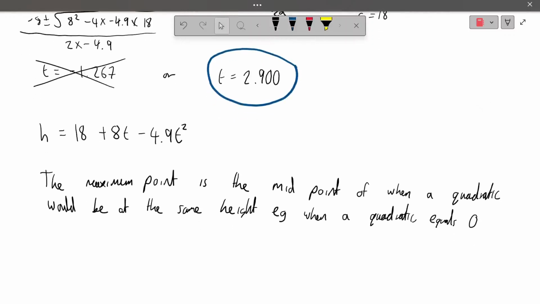So we could say the max height is the midpoint